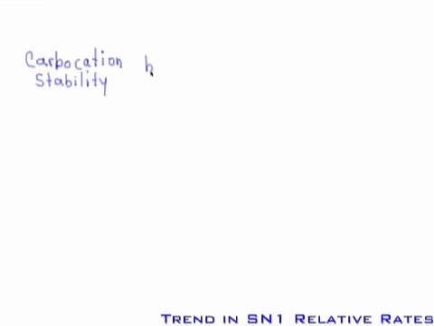So, in our trend of stability, benzylic, and I'll write allylic, both of them together, because they're both resonance stabilized, are more stable than tertiary,